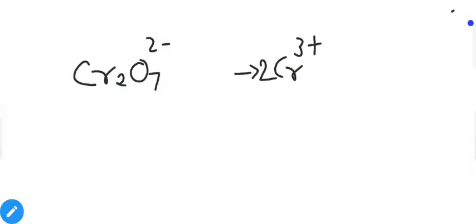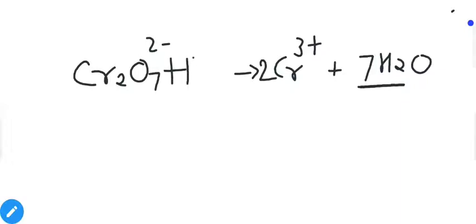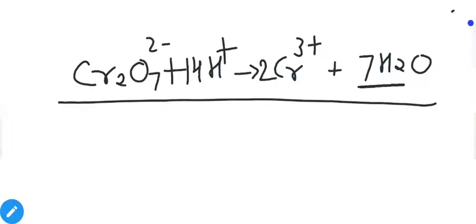In the third step our reaction was Cr2O7 2- produces 2Cr3+. So chromiums are balanced and now we have to balance the oxygen. As we can see we have 7 oxygens, and to balance them we add 7 water molecules. But with the addition of 7 water molecules we have 14 hydrogens on the product side, while on the reactant side we have 0 hydrogens. To balance the hydrogen, because of acidic medium, we place 14H+. This reaction is mentioned in step 4.